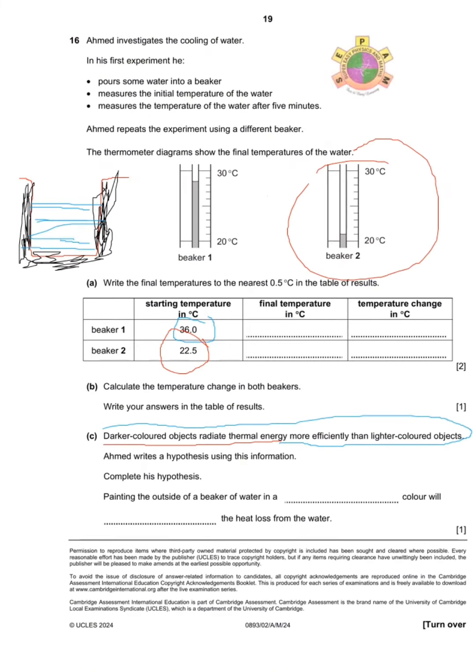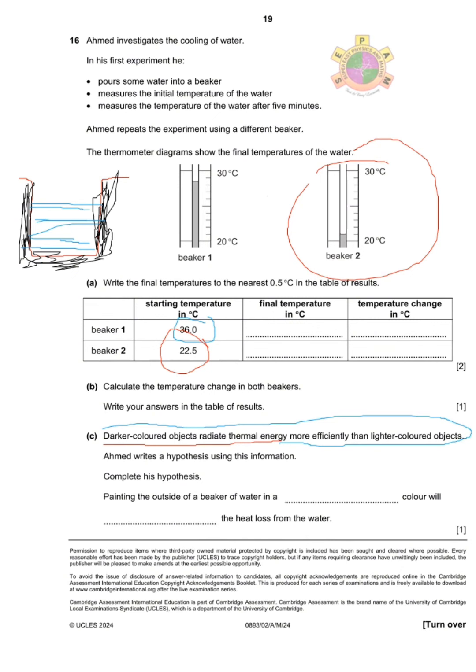Question 16. Amel investigates the cooling of water. In his first experiment, he poured some water into a beaker. He measured the initial temperature of the water. He measured the temperature of the water after 5 minutes. Amel repeated the experiment using a different beaker. Now, the thermometer diagram shows the final temperature of the water. Write the final temperature to the nearest 0.5 degrees Celsius